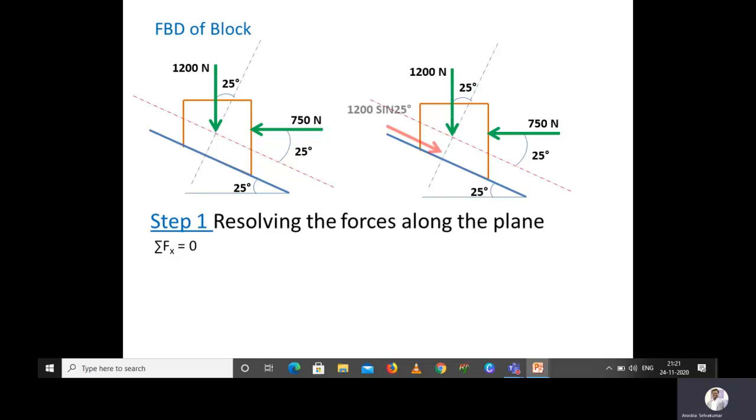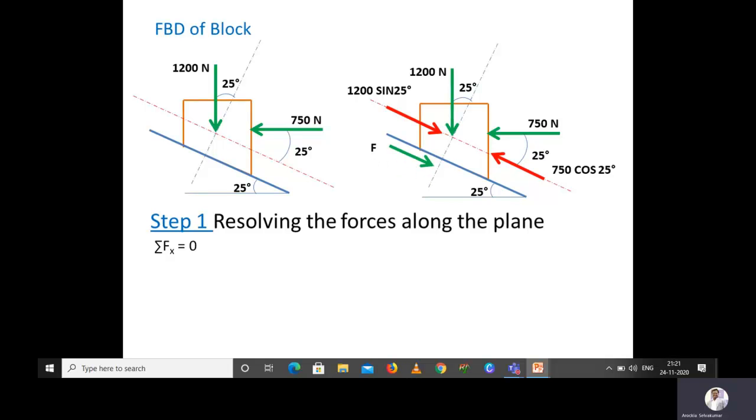In that condition, the 1200 Newton, which makes an angle of 25 degrees with the perpendicular line of the inclined plane, will have the component 1200 sine 25 degrees along the inclined plane, and the 750 Newton applied force will have a parallel component with respect to the inclined plane. That value is 750 cos 25 degrees,